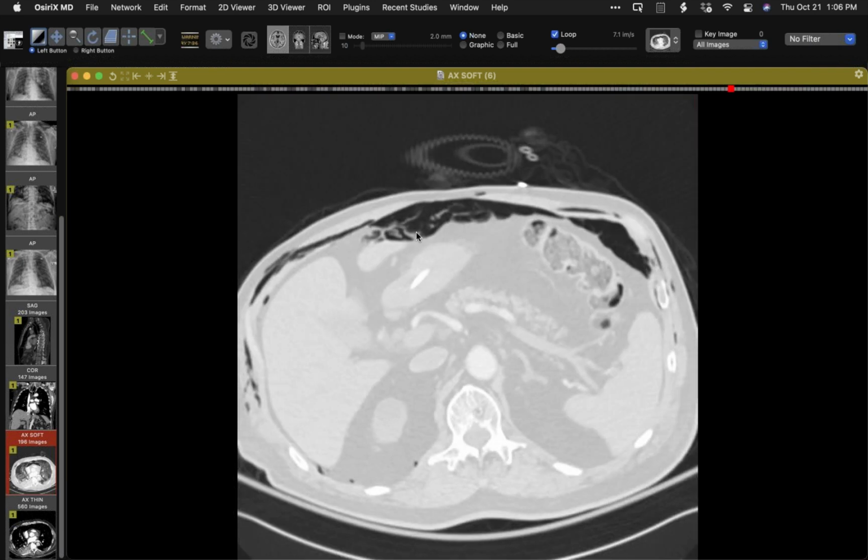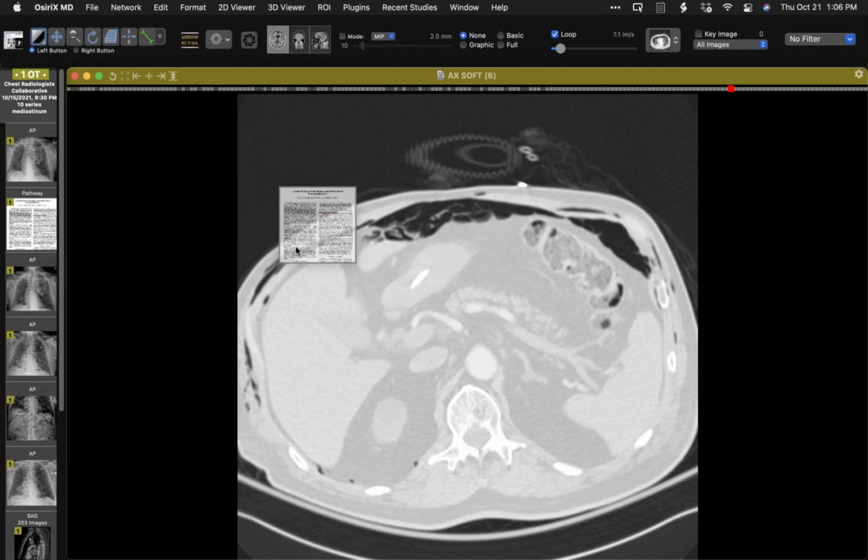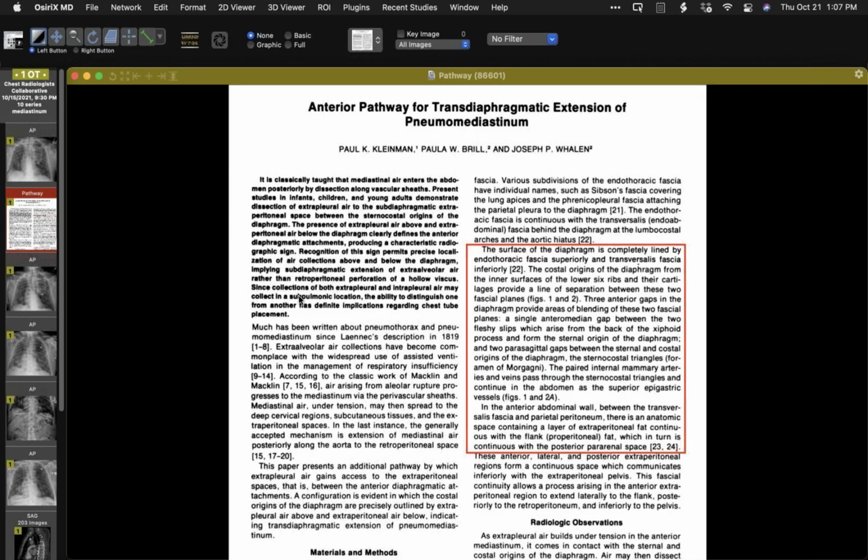So this is very consistent with anterior abdominal pneumo-retroperitoneum. And the way the air gets there was described very nicely in an article back here in the 1970s, where this person nicely described the passage of air in relation to the costal and sternal attachments of the diaphragm. And there are places there through which the air can go, the sternocostal triangles and the foramen of Morgagni,